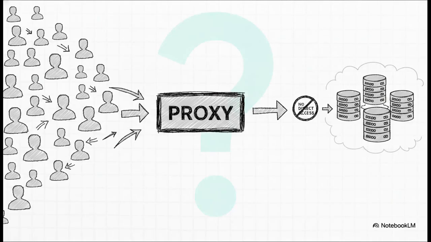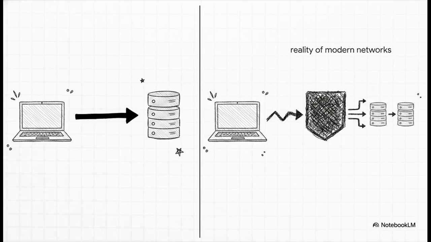Think about OpenAI for a second. It's absorbing millions of complex prompts every single second. Or think about massive streaming platforms pushing out global high-definition video. How do they handle that insane amount of traffic without just instantly crashing their actual physical infrastructure? Well, the secret is that those users never actually communicate with the real backend servers. Nope, not directly anyway. See, we all operate under what I like to call the illusion of the direct connection.